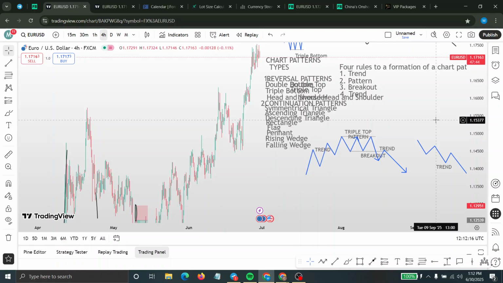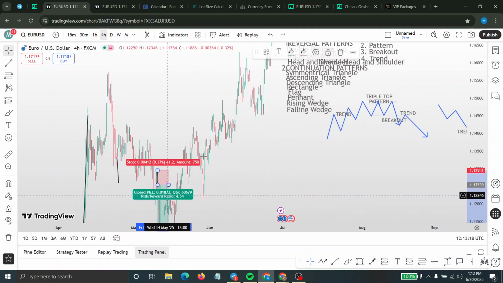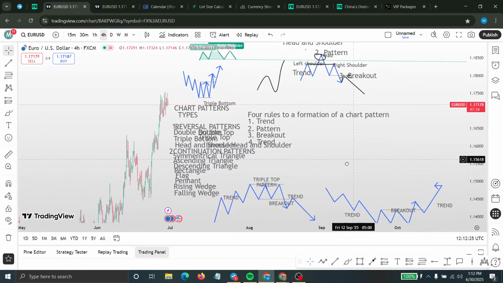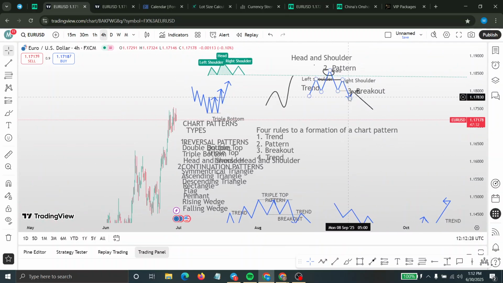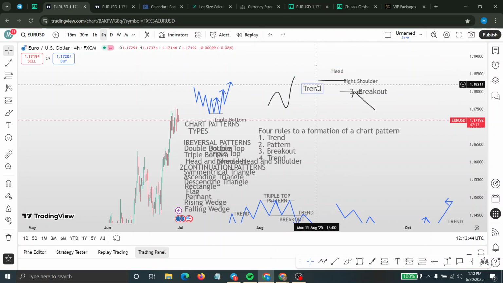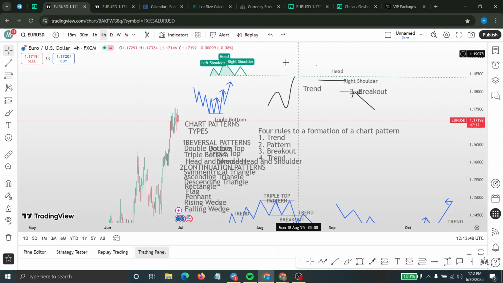So, in the previous class, we talked about, well, obviously, it's still on chart patterns, and in our last class, we discussed a notable chart pattern, which is our triple bottom and triple top. Before that, we looked further into